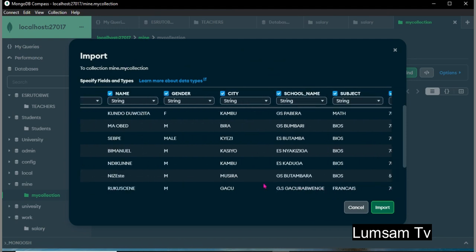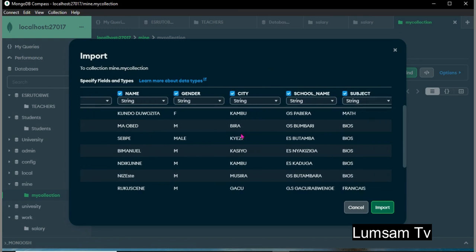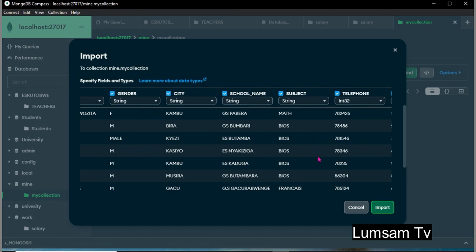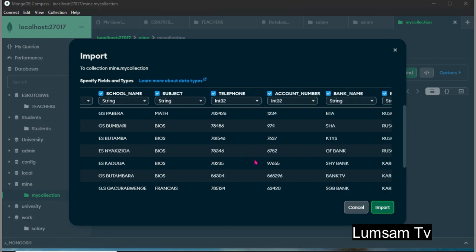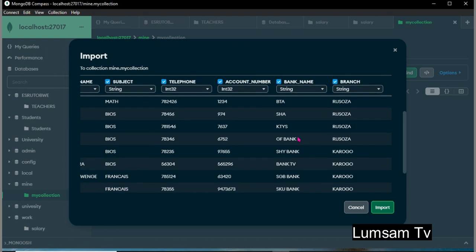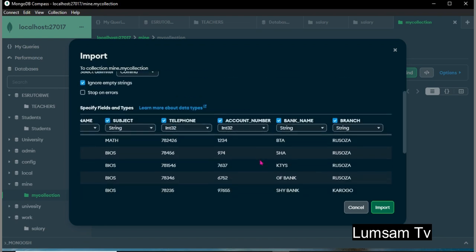Okay, name is a string, ID is integers, gender is string, city is string, school name is a string. So then your bank branch is a string. Okay, account number is integers.